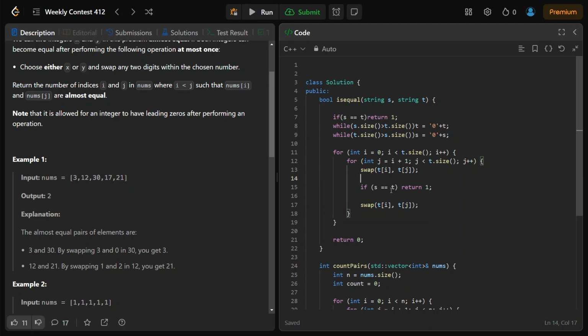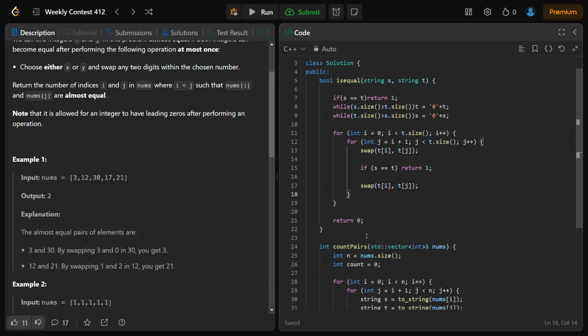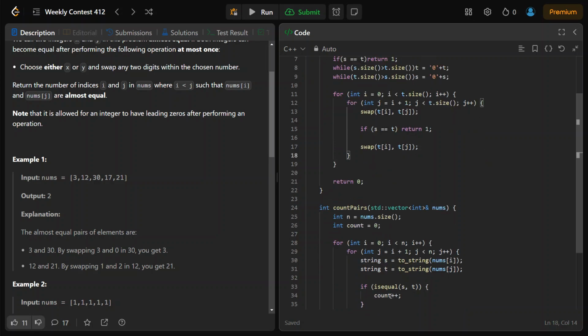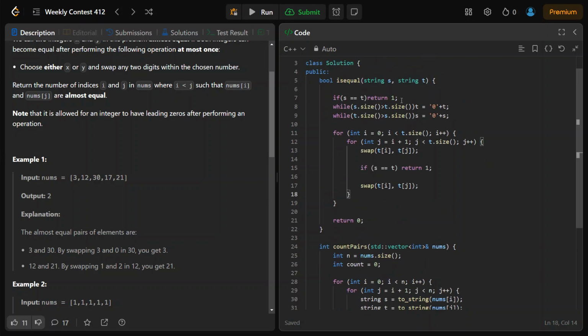Okay, so I will basically not return 0, and I will perform swap again, so that it again becomes 12 instead of 21. Okay, now I will come here. So basically this will return false, so here is 0, so nothing would happen. Then I will compare 3 and 30. Okay, so 3 and 30 will come here. Basically it will check s or t equal, 3 and 30 is not equal,